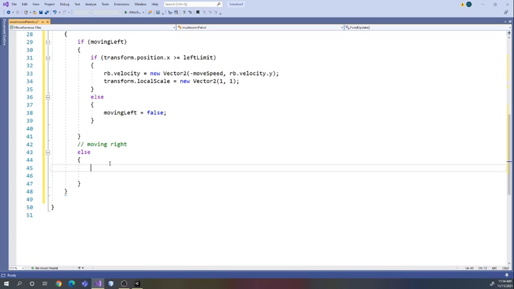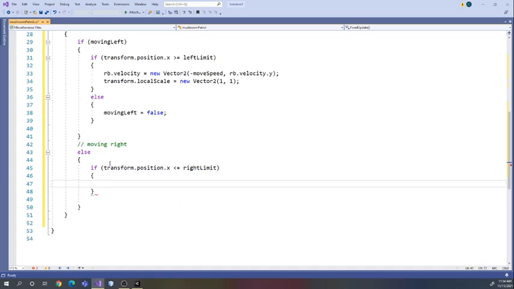And the same thing. So now the mushroom is moving to the right, but again, we need to identify when it reaches the right limit. So if the transform.position.x is less than or equal to the right limit, then what do we want to happen? So again, put the braces in. And the same thing, right? We're going to do the same with the rb.velocity